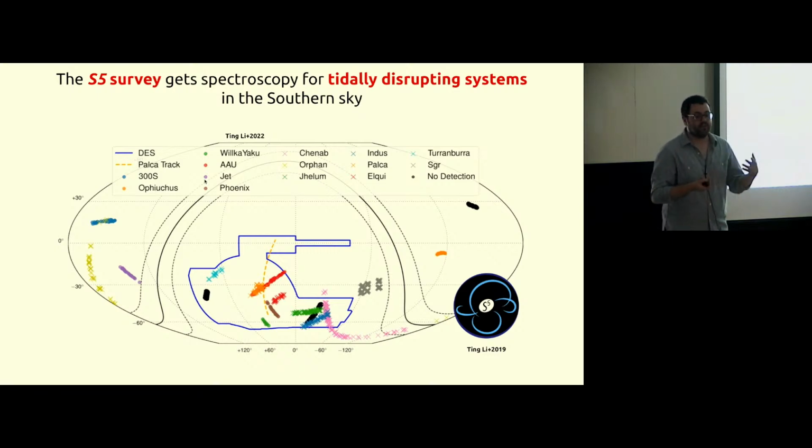So then people can put a lower limit on the minimum mass of the dark matter subhalos. People find things like 10 to the 6 solar masses for the minimum mass of the subhalo.